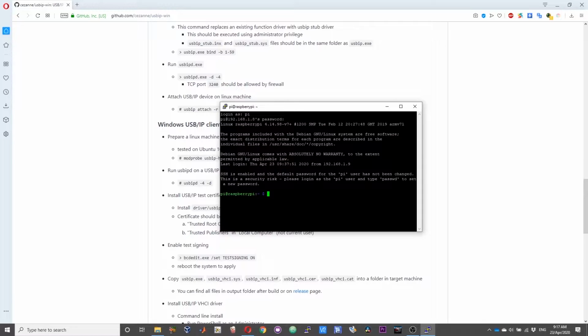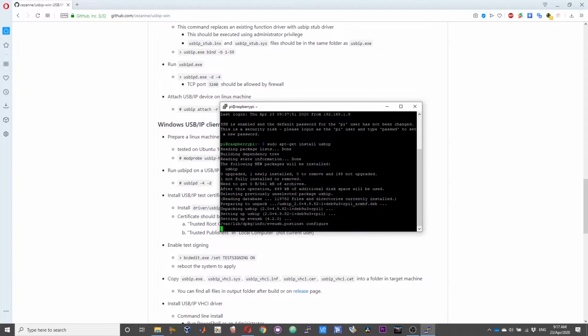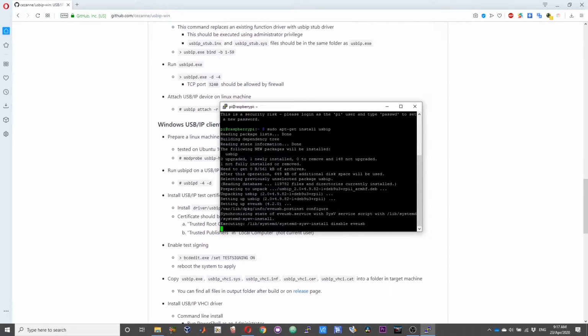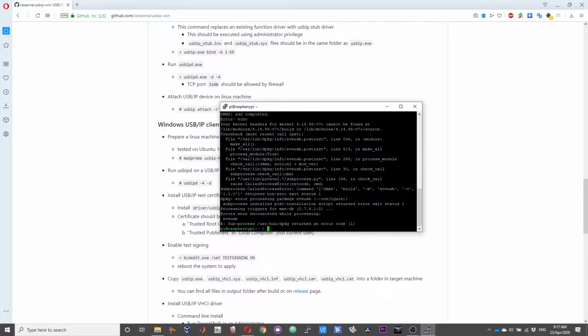For that the command will be sudo apt-get install usbip. Once this is complete, you will get something like this. Do not mind the error at all. It's absolutely fine. Okay, so we'll proceed further.